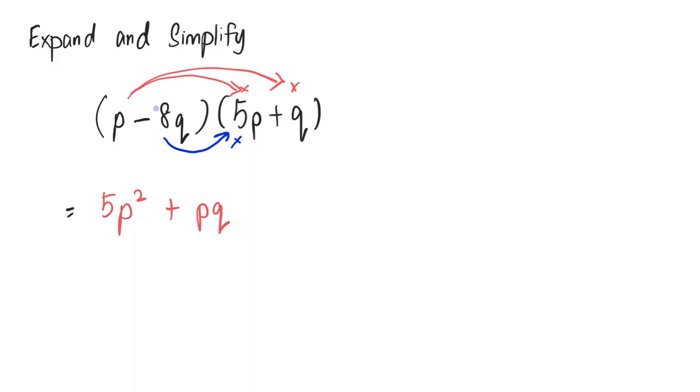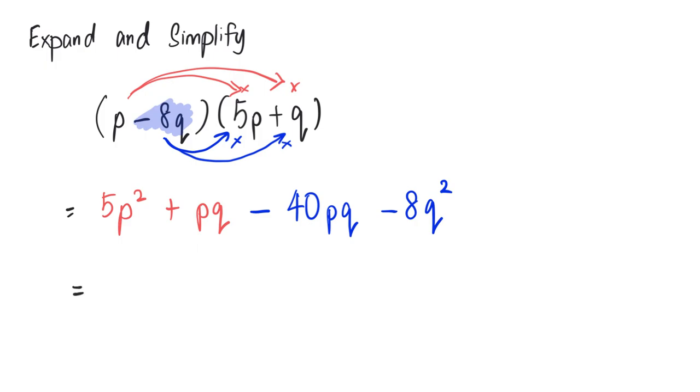You should see this as negative 8q. That will give me negative 40pq. Negative 8q multiplied by positive q, negative 8q square. And finally, we would have 5p square